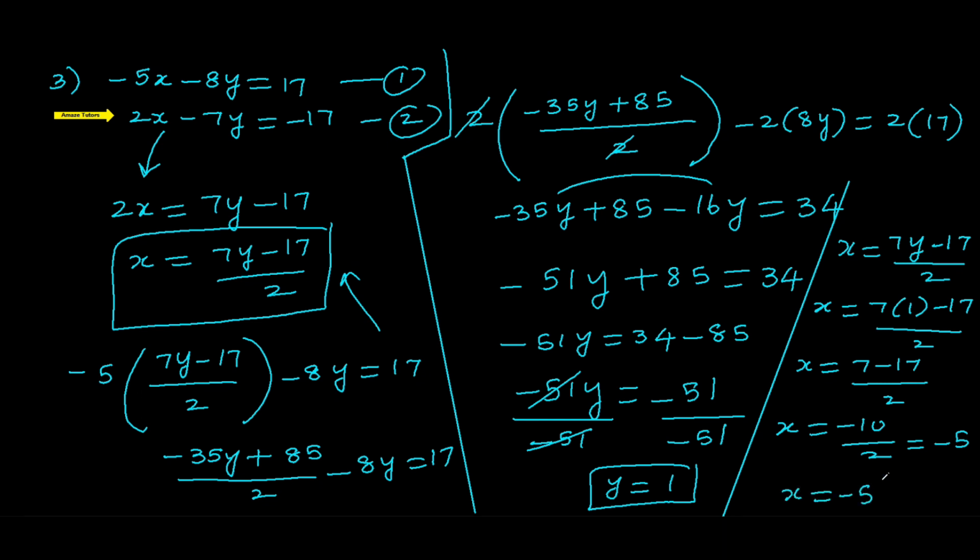That's it. We got the solution for this system of equations. x is equal to negative 5, y is equal to 1 is the answer for the given system. So again, if you want to check, you can do the checking part on your own. I have already shown that. So students, this is called the substitution method. So I explained the elimination as well as the substitution method to you. I hope you understand both the methods.